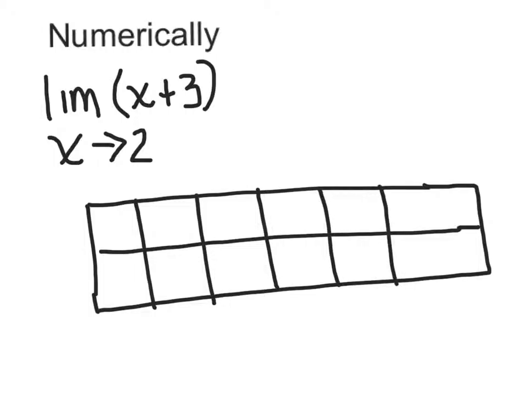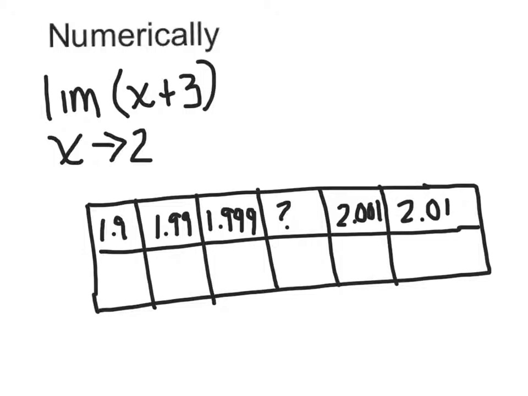What you need to do is pick values that are close to 2 on either side. You'll see that I have 1.9, 1.99. Notice how the values are getting closer and closer to 2. And then I jump to the other side of 2 and pick